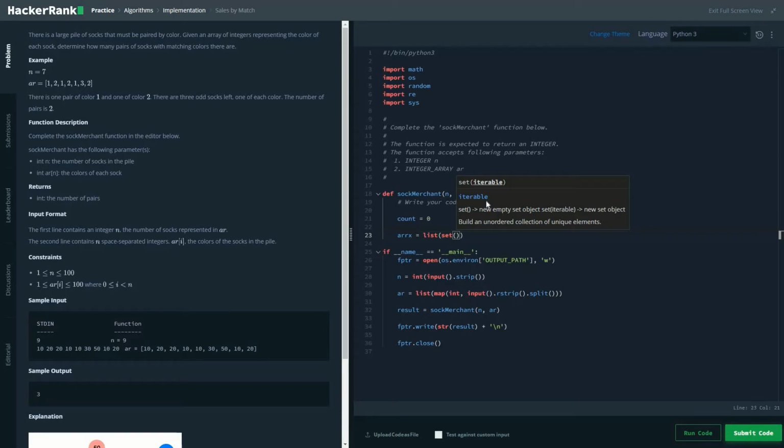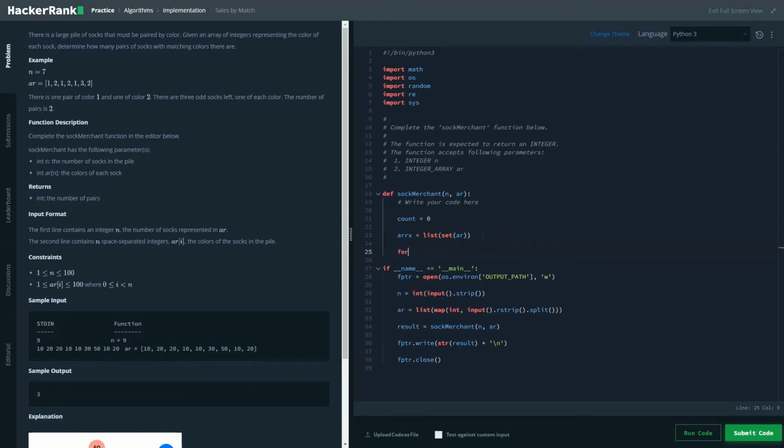If you don't know it, it means that only unique values will be present there. So for example, let's take this example. Set of 1 2 1 2 1 2 3 is going to be 1, 2 and 3, because all of the unique values should be present there.